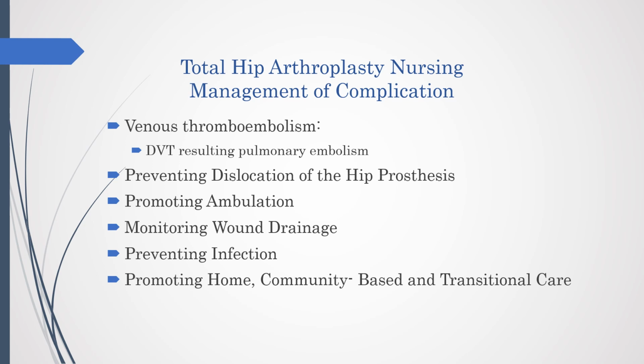The most suitable position for this patient includes abduction, neutral rotation, and flexion of less than 90 degrees. When seated, the knee should be lower than the hip. So make sure to educate the patient, and when you take care of a patient with hip arthroplasty, keep that in mind when you reposition the patient or get the patient out of bed, to position them correctly. Or if someone else is positioning them, just observe to make sure they are